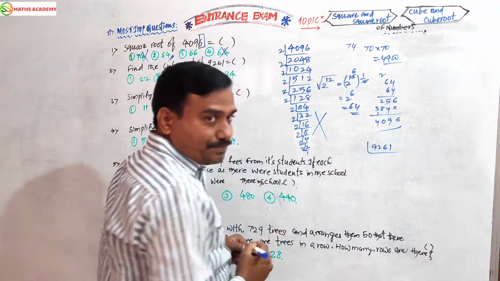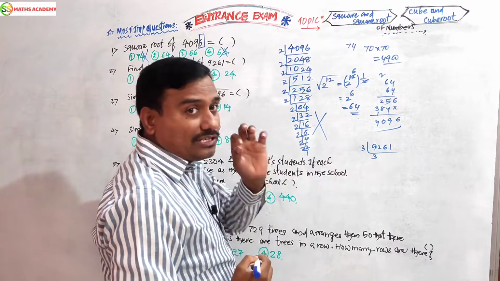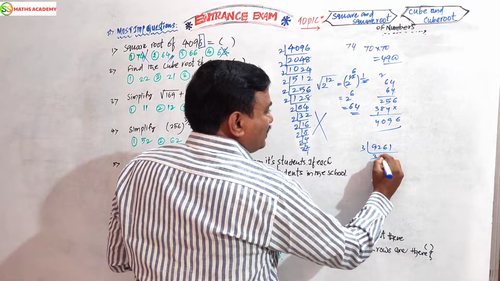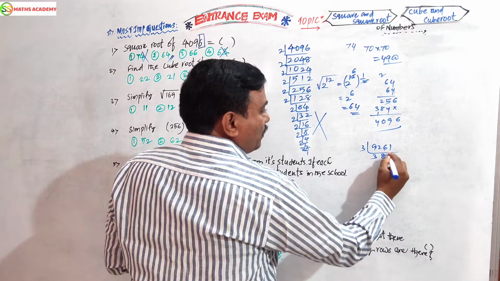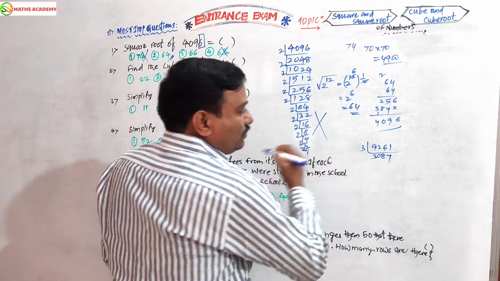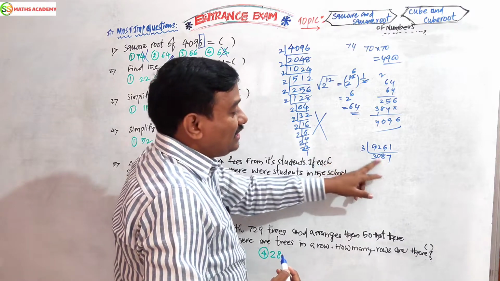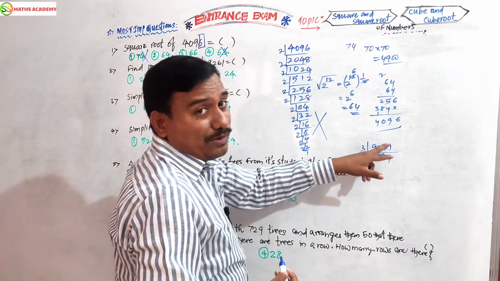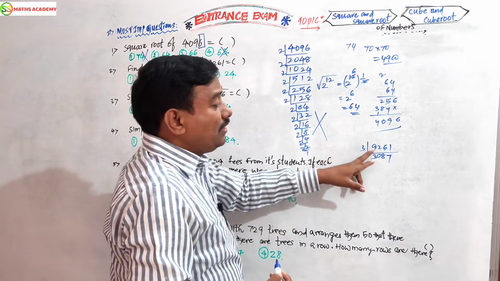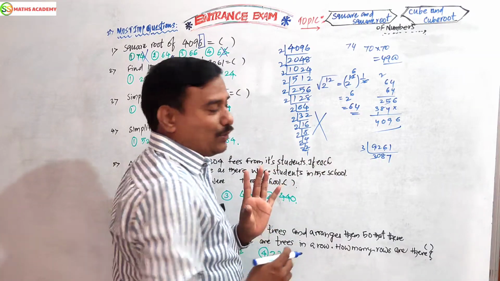9261. Okay. 3 1s are 3, 3 3s are 9, because the unit digit is 1, you can start with the 3, 3 3s are 9. Okay? 3 7s are 21, 3 8s are 24, 2 remainder, 3 7s are 21. So here we can take two numbers directly, that is the reason we can take 3 30s are 90, 3 8s are 24, 2 remainder, 2 3 7s are 21. Don't take 3 8 7 because we have to take 26. Two numbers directly means we should add the 0.